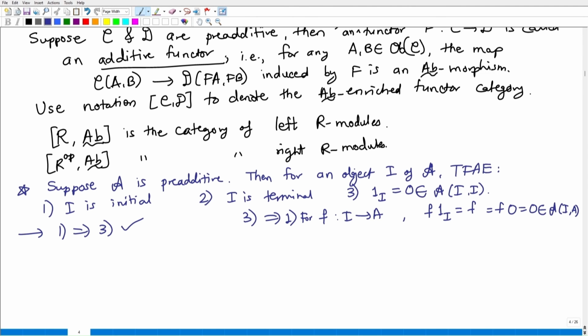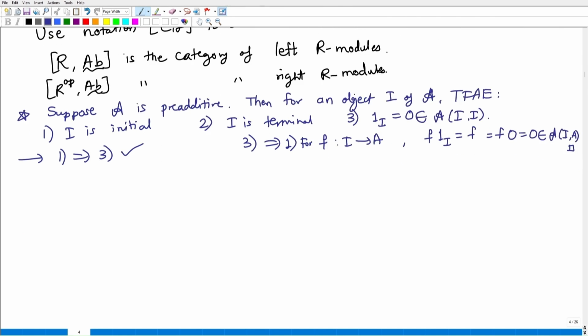So what did we prove? That every morphism is the 0 morphism. So obviously there is a unique morphism and we are done. Hopefully no question here. Okay, so because these are equivalent, what did we show? That a pre-additive category or a pointed category has an initial object if and only if it has a terminal object. So any object,